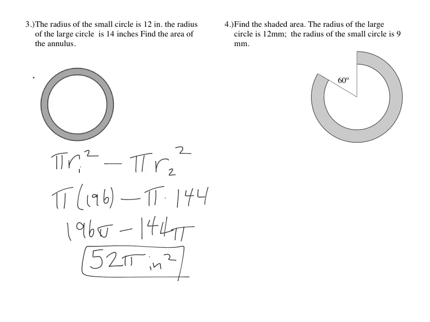All right, number 4. This time we're finding this shaded area, which is sort of like an annulus taking away a sector. Okay, so let's start by finding what that whole annulus is. What's the whole annulus? Well, the radius of the small one is 9 and the large one is 12. So for the annulus,